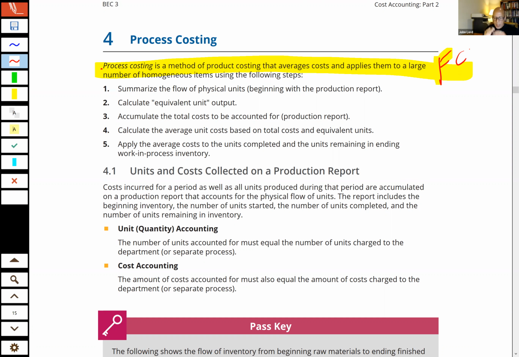So what happens? You have cornflakes. Every box of cornflakes is the same. Sometimes people say, well, wait a minute, what about my favorite frosted flakes, Tony the Tiger and all that? Well, that's a different batch, okay? But every box of regular cornflakes is exactly the same. So for that, you'd use process costing. And you would have 2 departments: the flake department and the box department. In the flake department, they have direct material, direct labor, manufacturing overhead to make all the flakes. But people just won't come and buy flakes if you throw them on the ground. And so what happens? They need to be put in a box with a picture of a rooster on them.